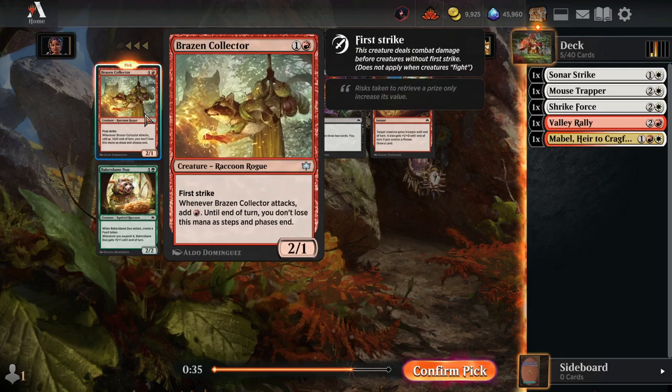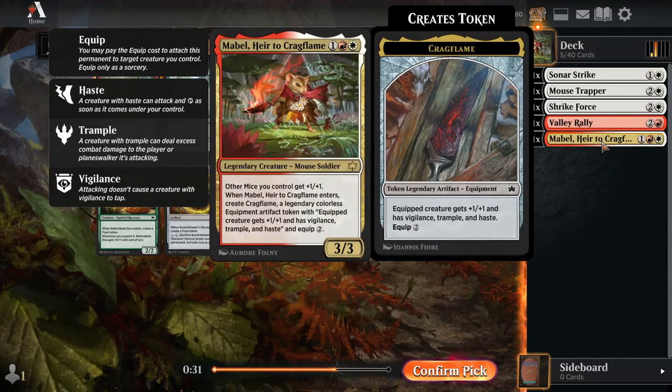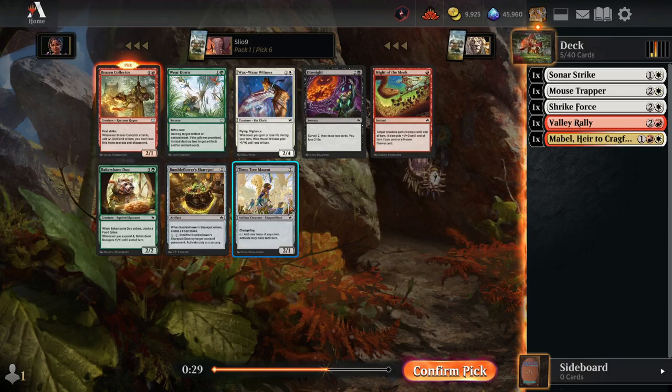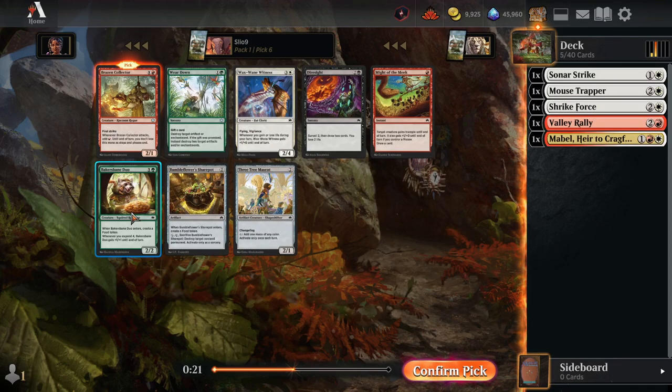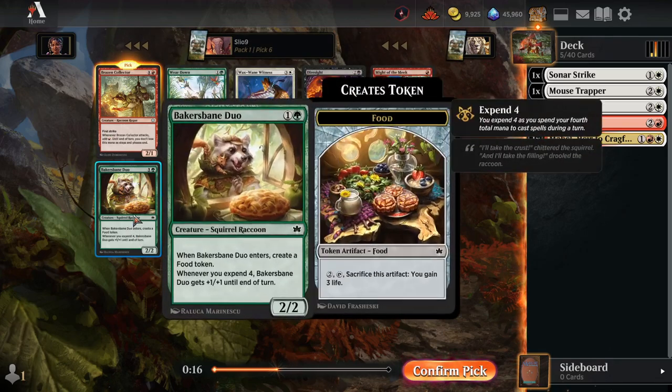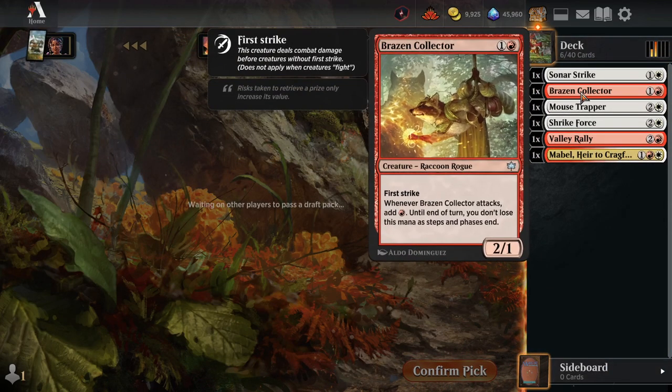The ramp on it, the first strike on it means that it eats some of our equipment or rally things a little easier. More copies of Might of the Meek hanging around. Baker's Bane Duo, very powerful card. Free food, early drops. The early drops are pretty important, and this is one that can grow a little bit. I like Brazen Collector for being...